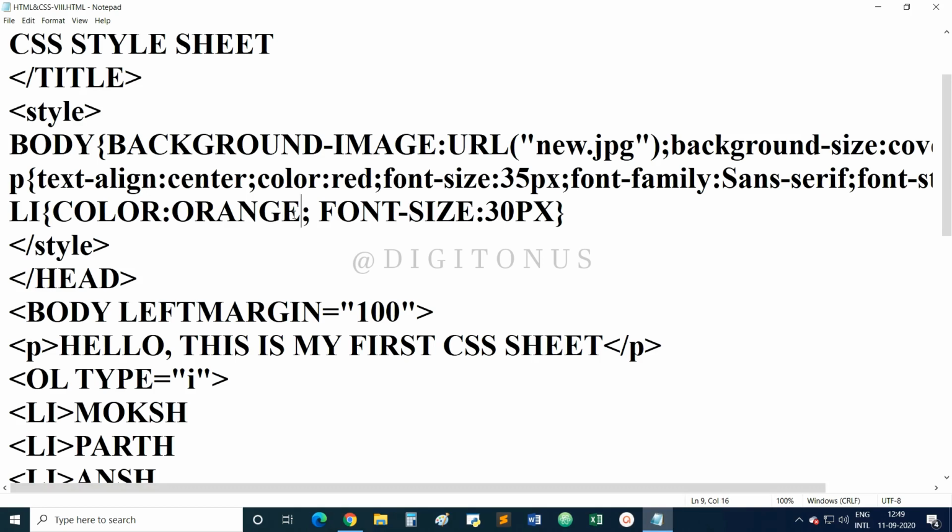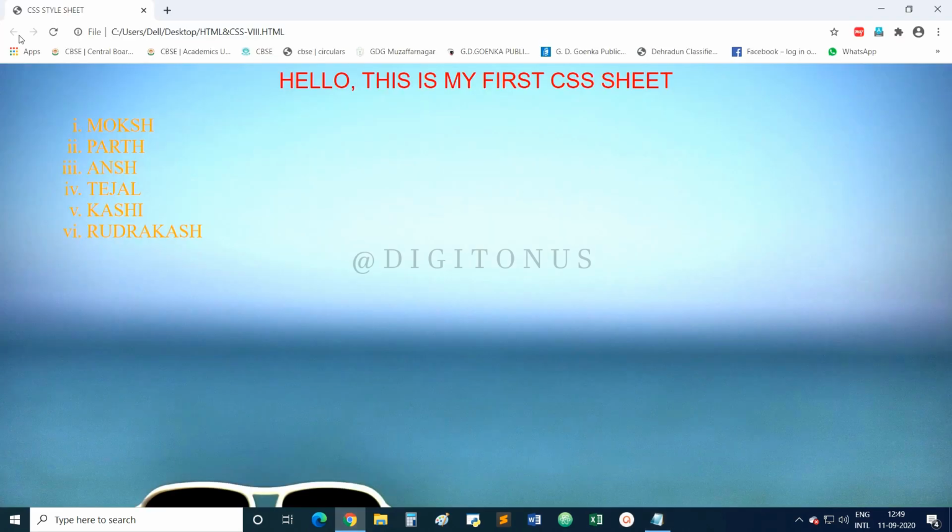Okay, it's not getting reflected very brightly. I think blue will be okay. Fine. So you can see the color has changed from white to blue, and the font size has also been reduced.